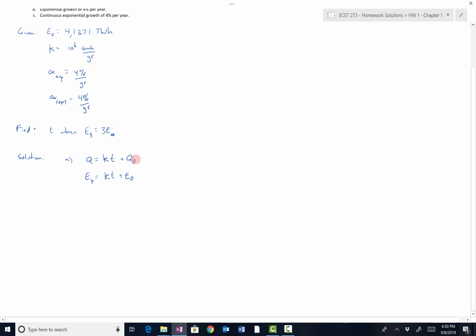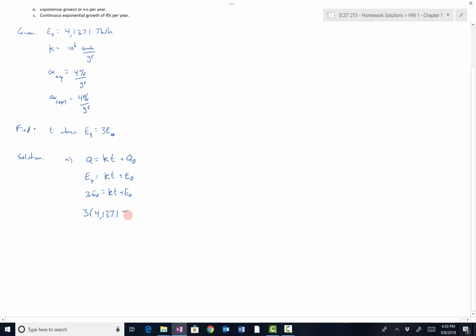Q, remember, is a placeholder for any quantity. Here we're specifically looking at energies, so we want to sub in this relationship: 3E0 is equal to KT plus E0. So that's 3 times this value here,